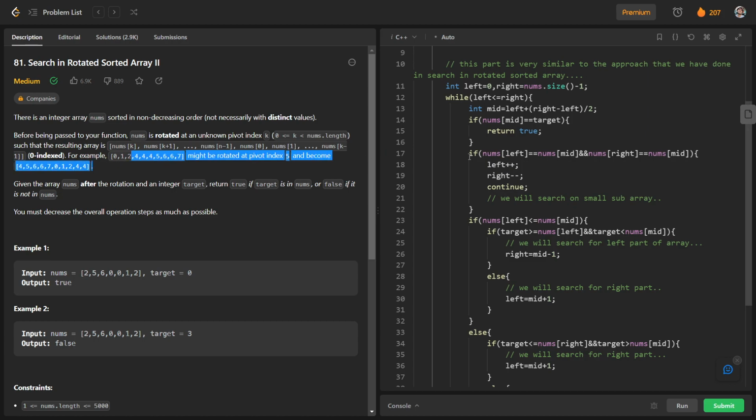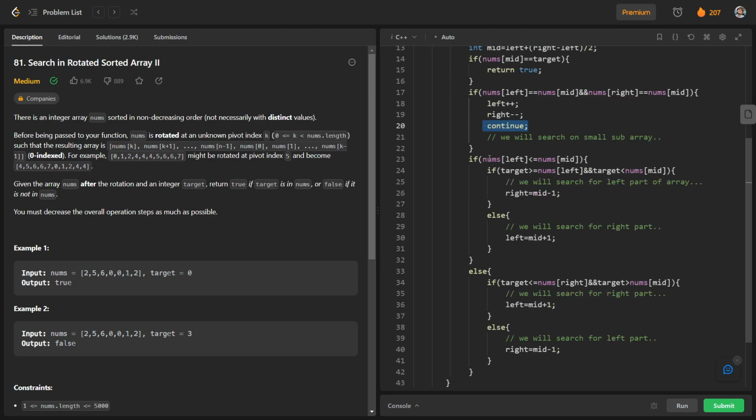So we are taking this case that if nums of left is equal to nums of mid, and nums of right is equal to nums of mid, and mid is not equal to target, so we are on this case, which means that mid is not the answer. So in this case, we can remove left and right. That's why we have increased the value of left and right, and we have continued the case.